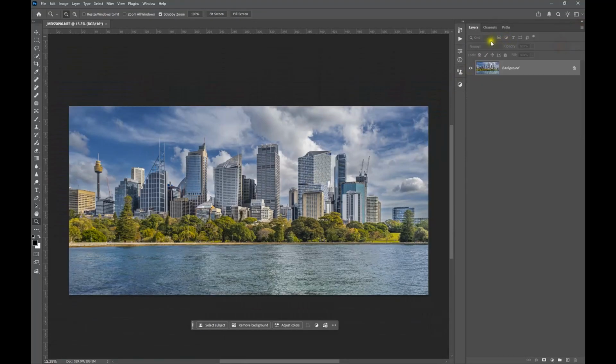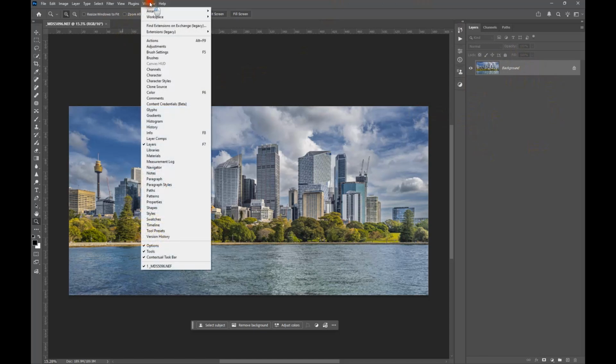So I'm going to close both of those tab groups, and it's going to give me a lot more space to work on my adjustment layers. So that's the main area of the workspace. And then what we need to do is look at the various tools or groups of tools that we're going